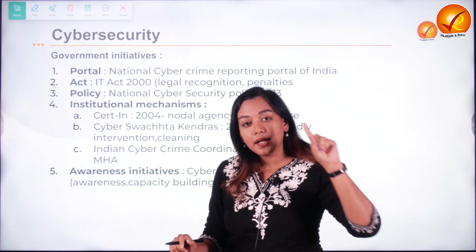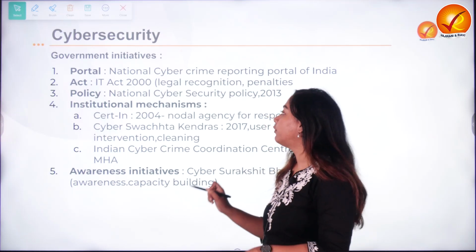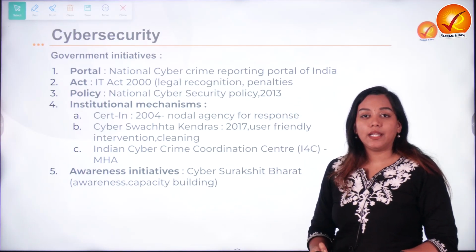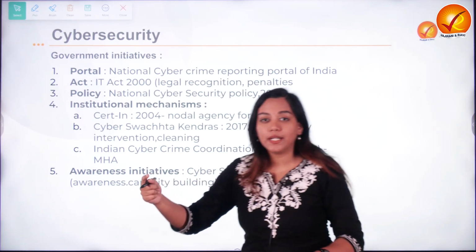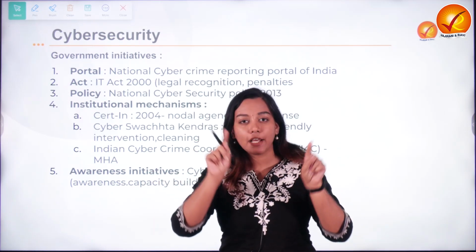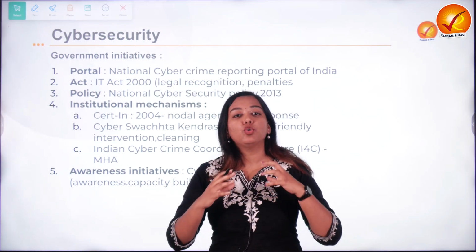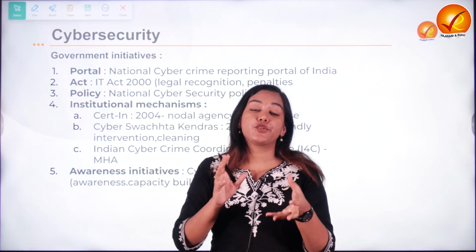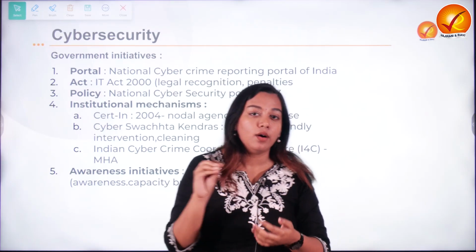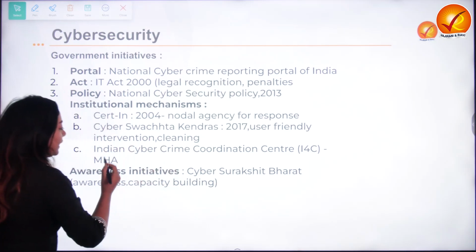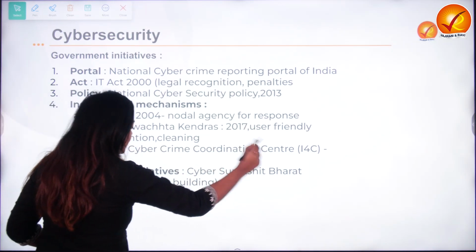So there are multiple other agencies involved in taking care of our cyber security, and the threat of cyber security has a rippling effect on multiple areas of our society and economy. So therefore, what is required? When there are too many coordinating bodies, there needs to be a coordination center as well. This coordination center is named I4C, the Indian Cybercrime Coordination Center.